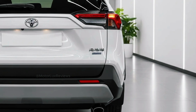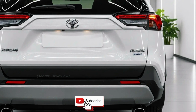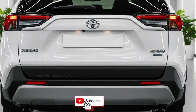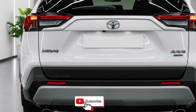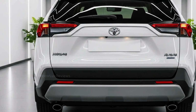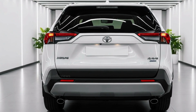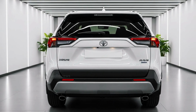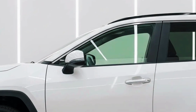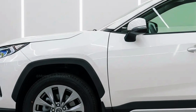Under the skin, the lineup splits two ways. The hybrid is your new default. A 2.5-liter engine paired with electric motors for 226 horsepower in front drive or 236 with electric all-wheel drive. It feels punchier pulling away from lights and more confident on the highway than the old gas model. And most trims are rated to tow up to 3,500 pounds, plenty for a small camper or a couple of